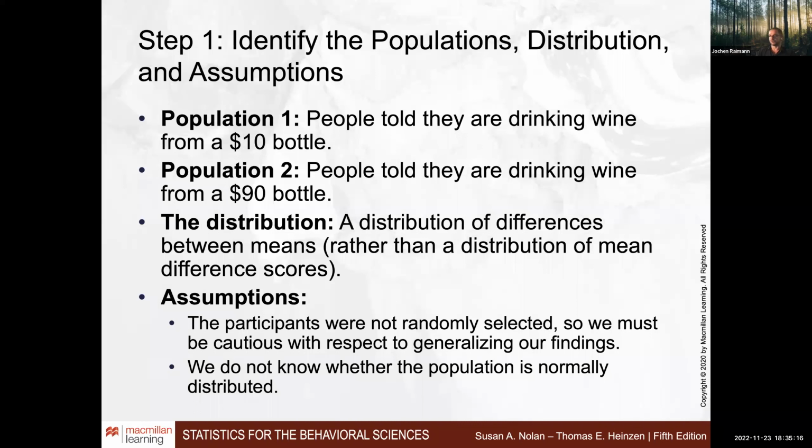And we have 5 individuals that are being told to drink a $90 bottle of wine. The comparison distribution is a distribution of differences between means. So we have these two means, and we're calculating these differences, the difference between those two means. And then we're basically assuming what the variability of these means essentially would be, given that sample size that we